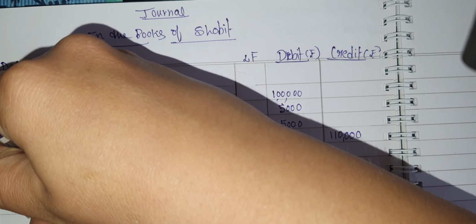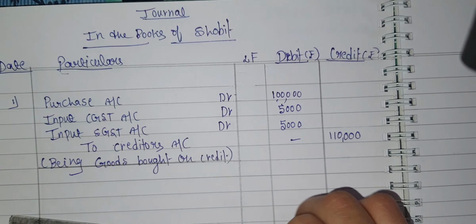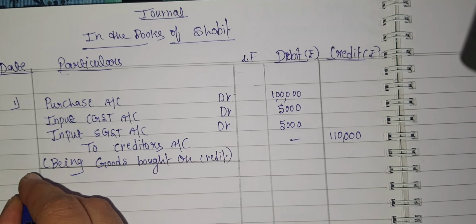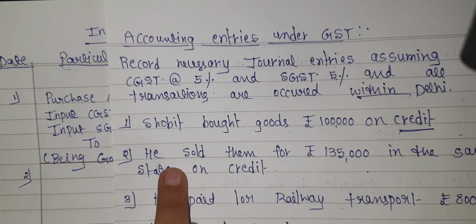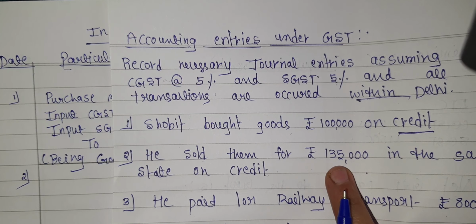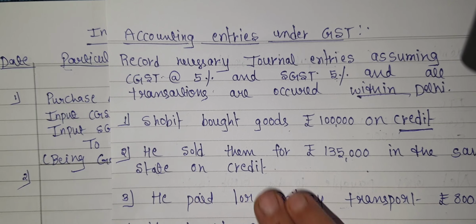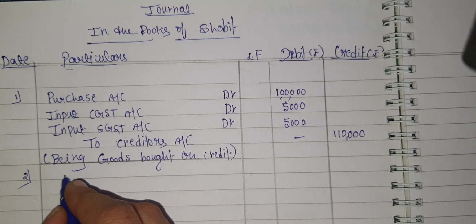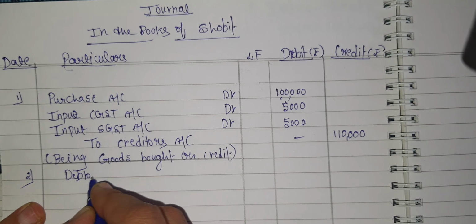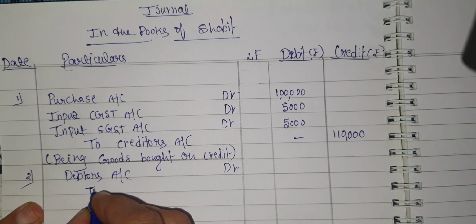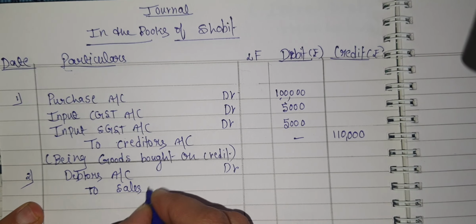Now we will underline only the particulars column. And next, second transaction, that is C. Now he sold the goods for rupees 1,35,000 in the same state on credit. Means here the journal entry is related to sales. So the entry is debtors account debit to sales account